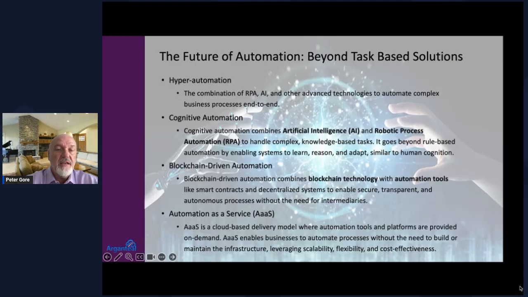Blockchain automation, I think this is a very exciting area. We're able to leverage with automation different tool sets, smart contracts, security, the ability to do decentralized systems, and transparent systems in our different environments. And then automation as a service. We have various versions of that out there. However, I just see this growing, right? So automation of processes from within the cloud. And for some customers, this is going to make perfect sense, from a cost-effective perspective.